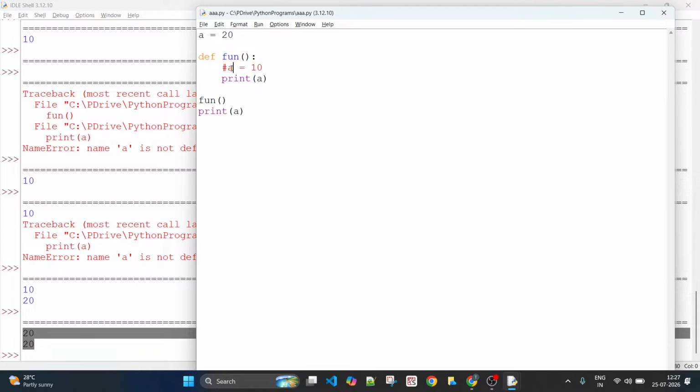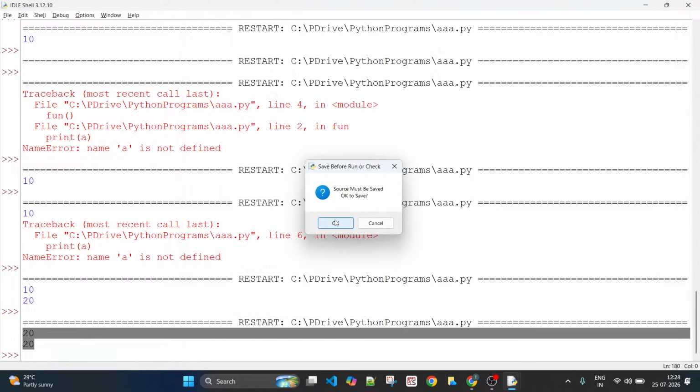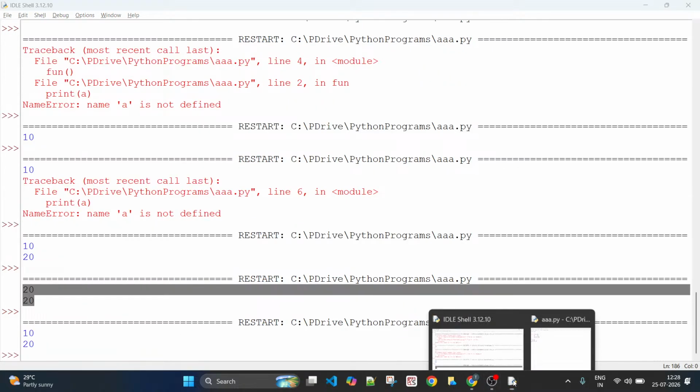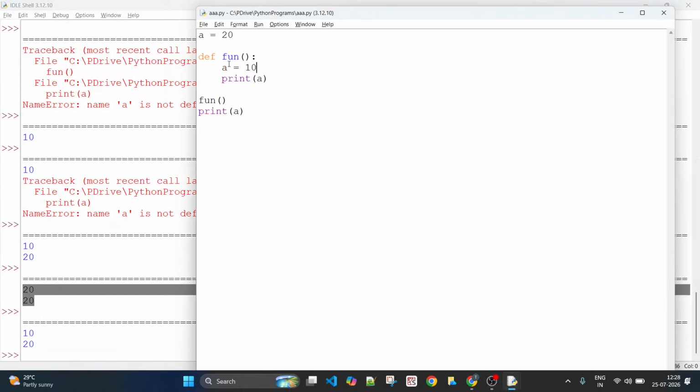In this case, a becomes a global variable. Interestingly, what if I remove this? What if I remove this? Okay, let us see what happens now. 10 and 20 is output. Why is that? Look at this carefully. Yes, you have a variable by name a and it has a value 20 and you have a function definition and you call this function. Calling this function, you come here and a will be having a value 10. And very importantly, remember this a is different from this a.